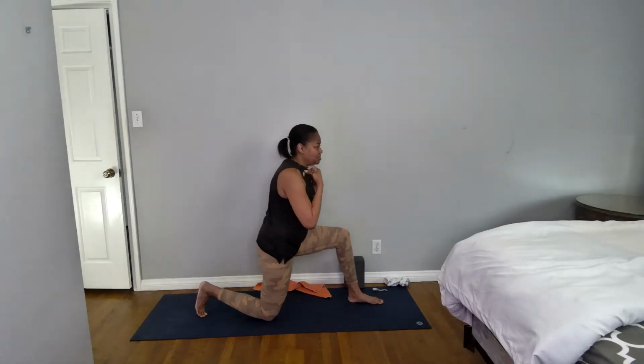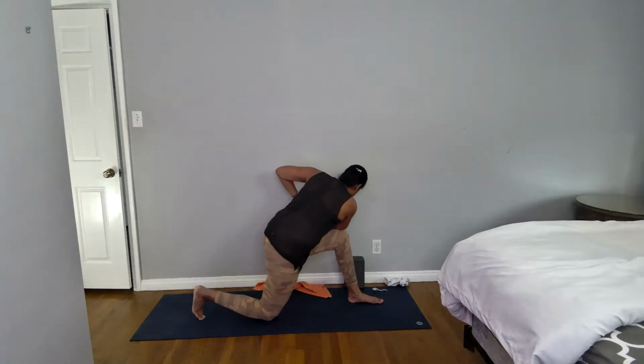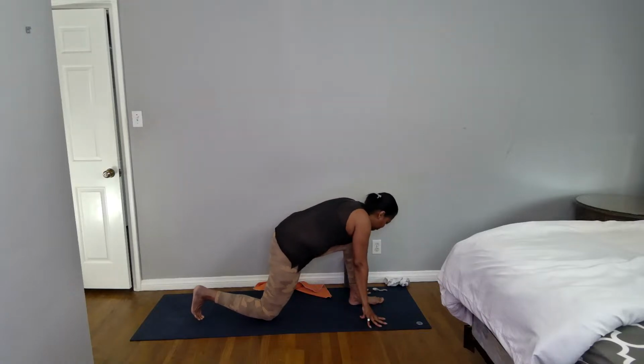Exhale, bring your hands to your heart. Right hand down or hook your right arm to the outside of your left thigh. It could be palm on palm. You can make fists. Try to align those elbows. Stay here, inhale. Now exhale, bring your hands to frame your front foot, curl your back toes under,